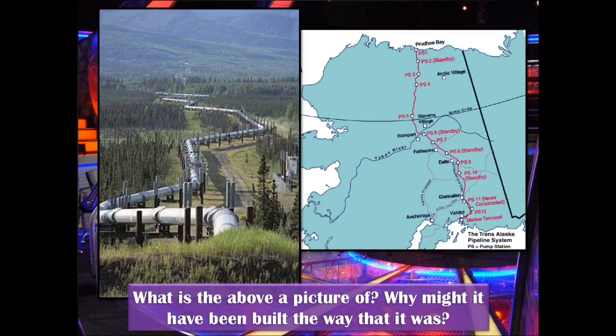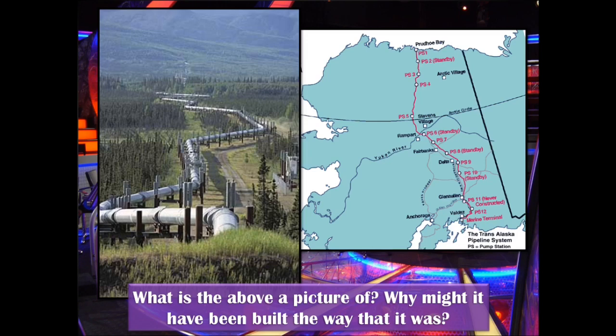Now think about Eastvale. Do you see a lot of piping just going around the streets in Eastvale or just everywhere? I haven't seen too much of that. But in Alaska, you're going to see that. Why would you see it in Alaska and not see it in Eastvale? I want you to think about Alaska for a minute and what are some of the resources that they have in Alaska. We know they have polar bears and we know they have a lot of snow and ice.